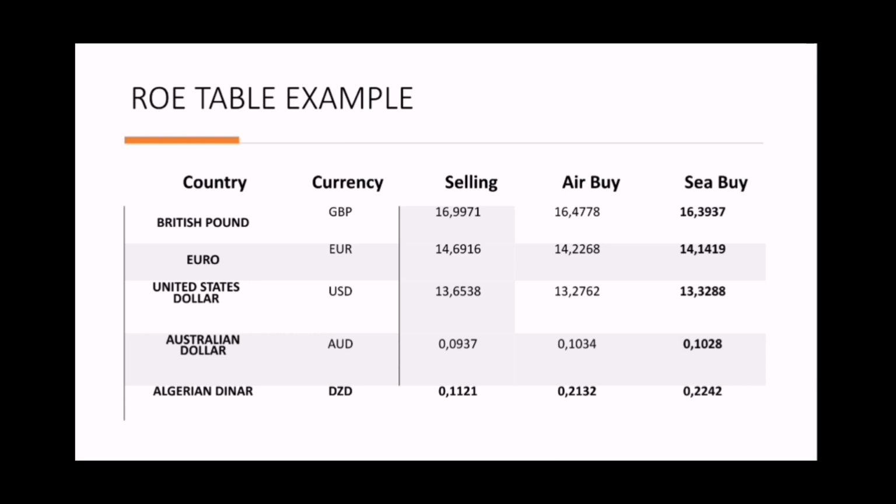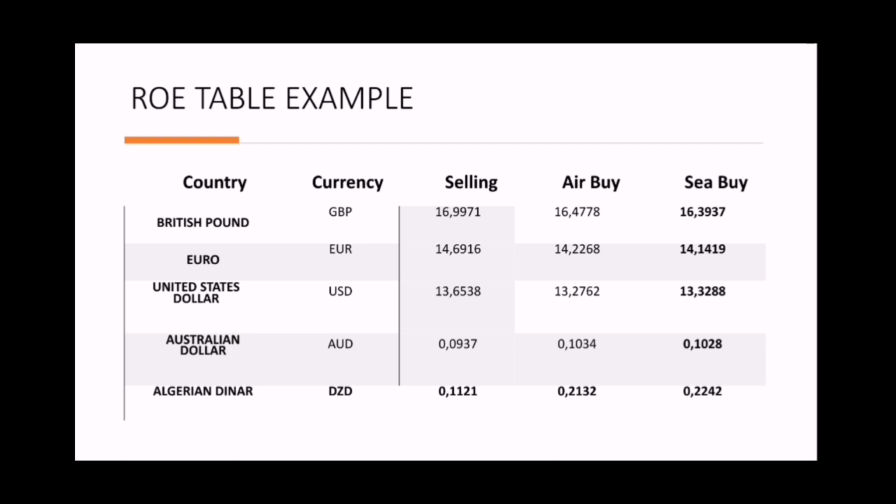Now, where do you get this information from? For you to be able to make your conversions, you will have to get a ROE table, your rate of exchange table. The rate of exchange table will vary from one company to another or one authorized dealer to another, but the main things that we want to see there is the country. So in the first column you can see the country, you can see the currency code in the second column, and then from there you have your ROE